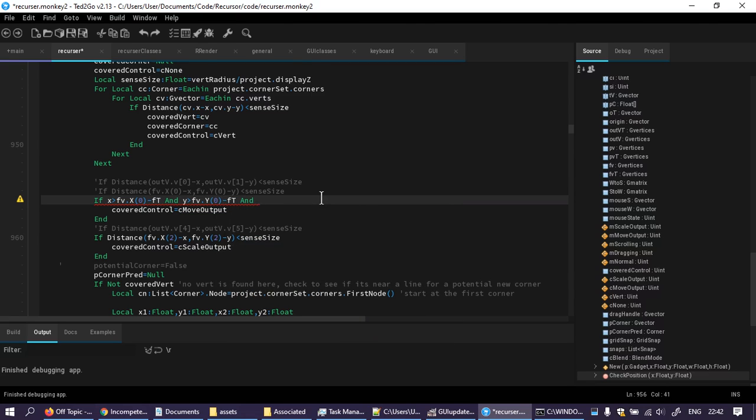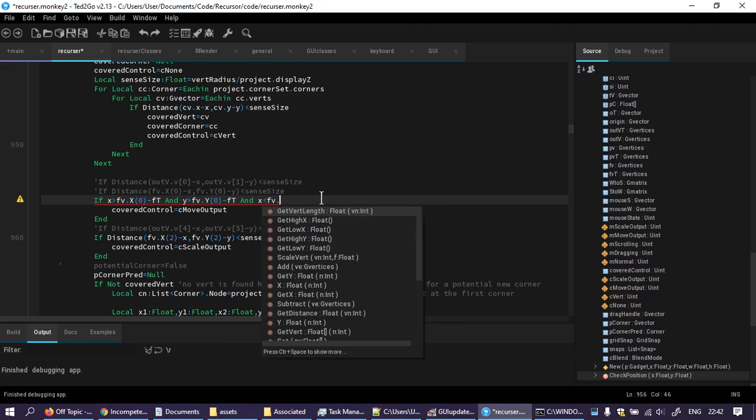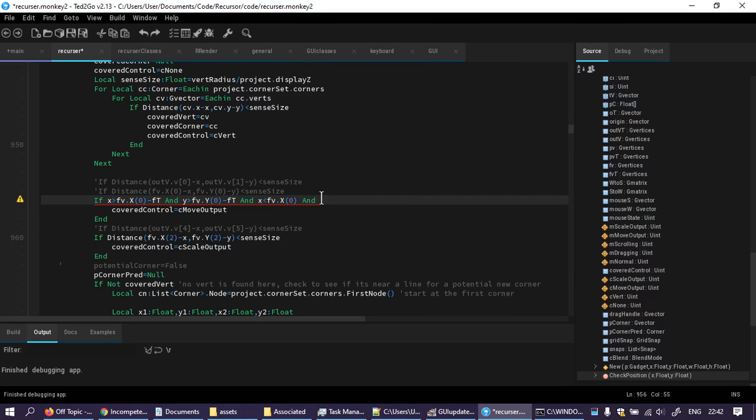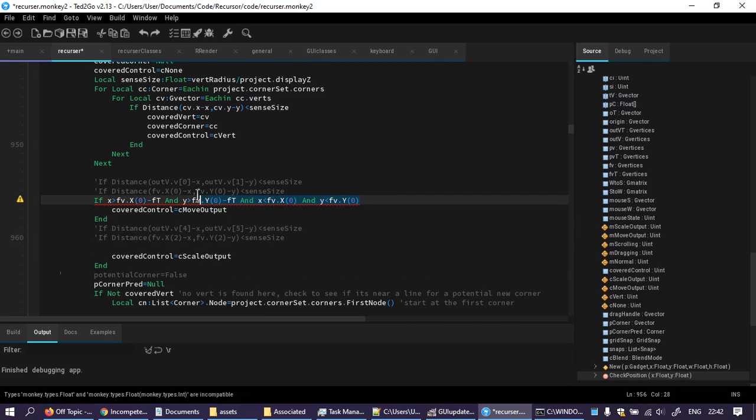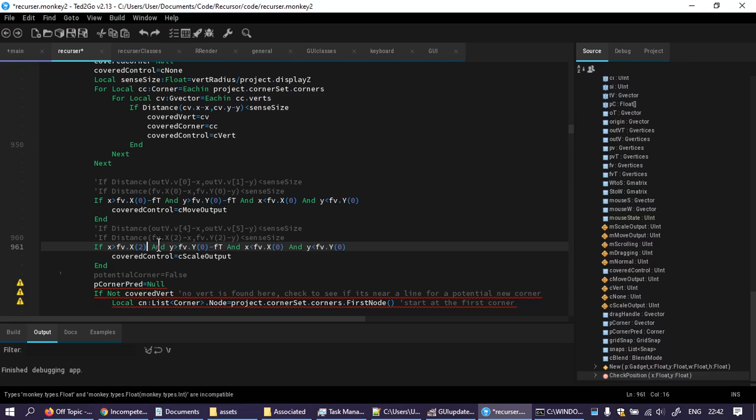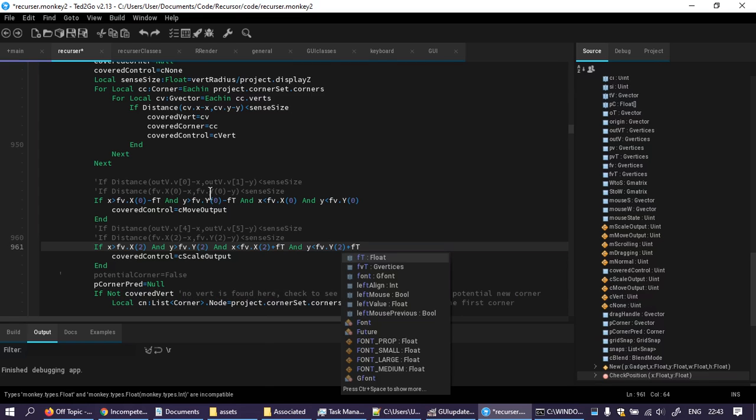You can tell I'm reading back off my own thing. And x is less than fvx0 and y is less than fvy0. And that's the collision detection. Very simple. Does it overlap? And in this case it is 2 and not there, and 2 and not there, but 2 and plus ft and 2 and plus ft. I think